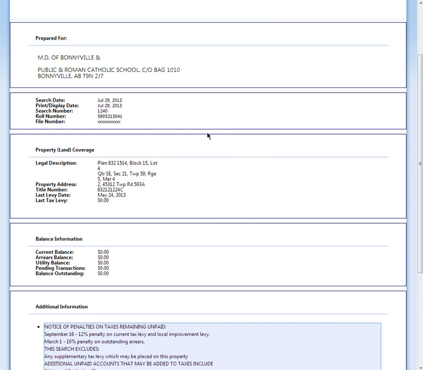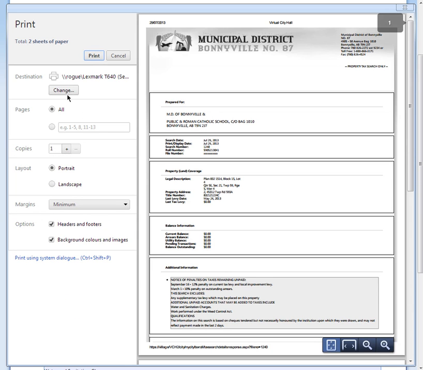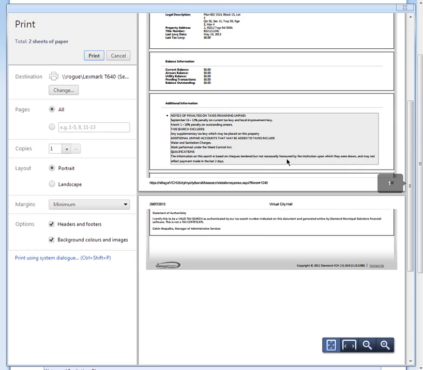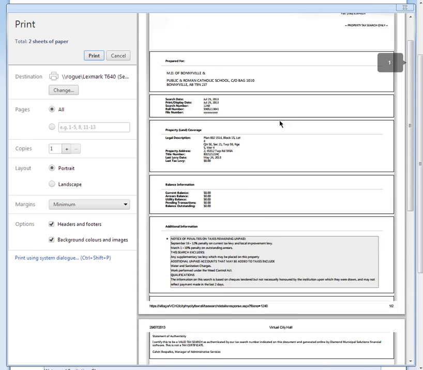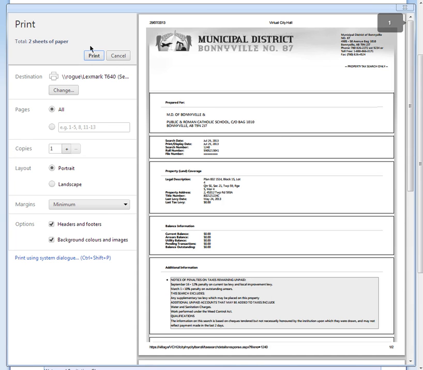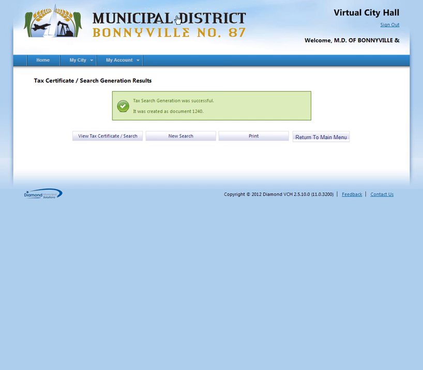If you want to print this out, all you would do is right click and click print, and you would print it out wherever you need to. Sometimes these pages do go over, this certificate goes over 2 pages. There's really not much we can do about it. We've asked the developers, but unfortunately there's not much we can do. And that is